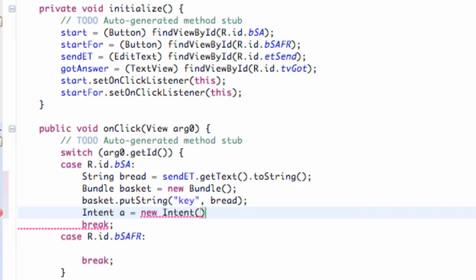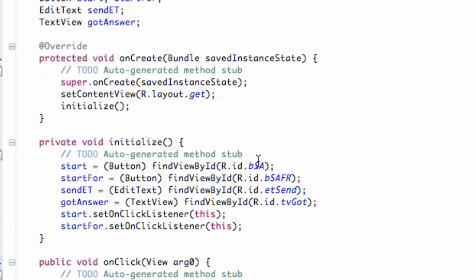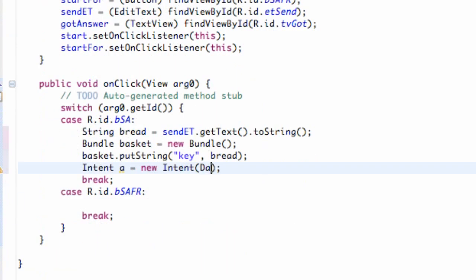But this is going to have a little bit different parameters for the most part. So instead we've got to give the context, and then we've got to say what class we want to open. So we're going to say the context of this class, which is called data. So we're going to say data.this, comma, and then the class name that we want to open. And so we're going to say open class